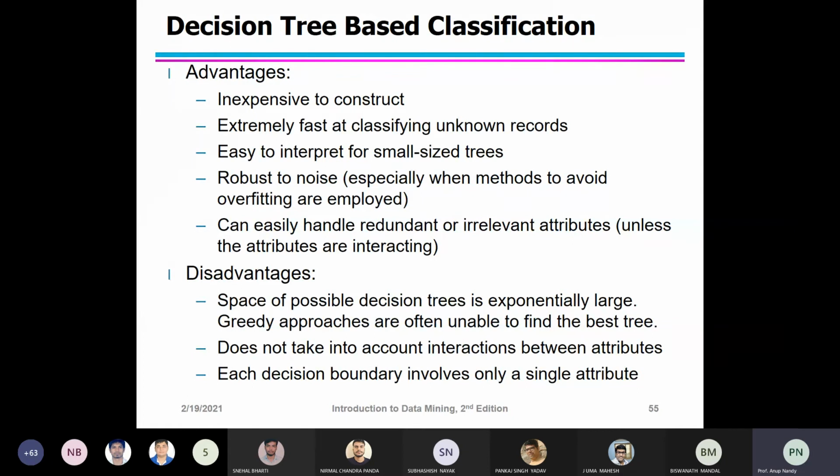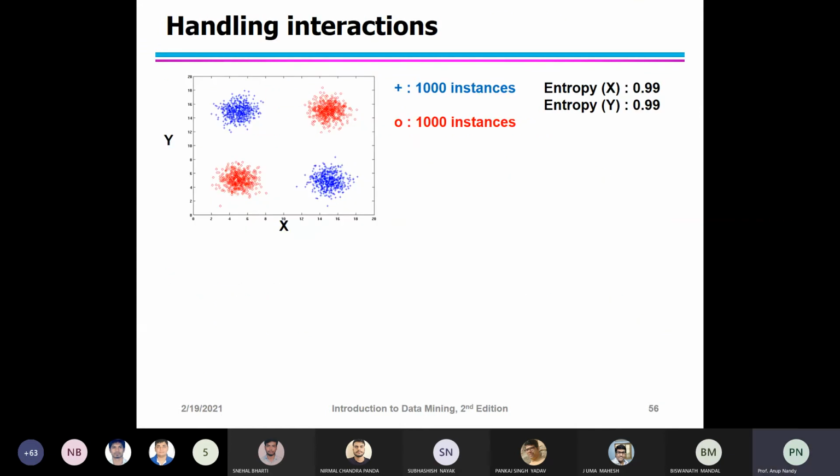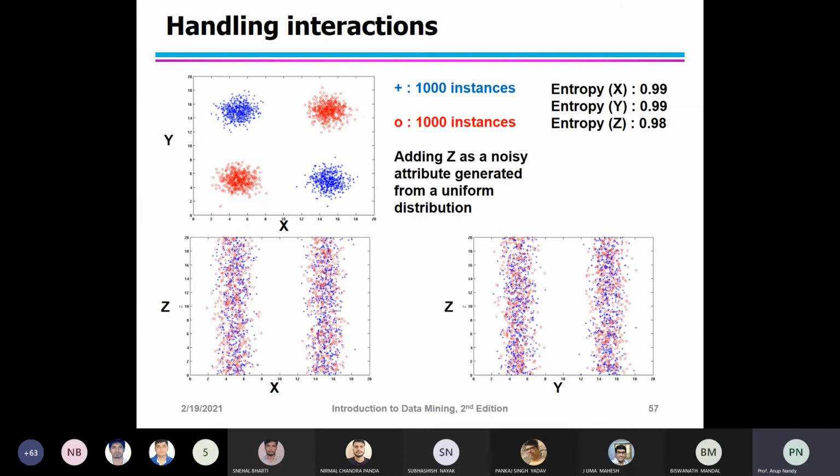And it does not take into account the interaction between the attributes. Each decision boundary involves only a single attribute. So these are the things you can use.